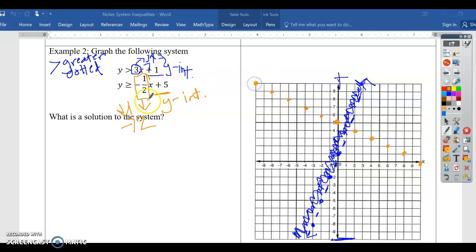Okay, I'm going to look at my inequality: solid line, solid dot. This doesn't look like an L, so that is greater. So I'm going to shade the part with the plus sign. I'm going to shade like this, plus I'm going to make this a solid line. There we go. That looks pretty nice. And then